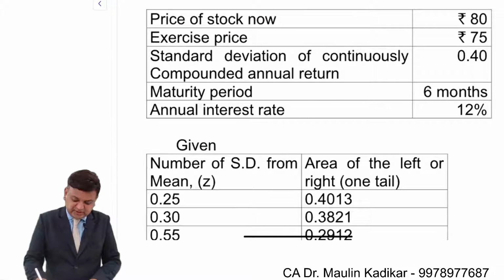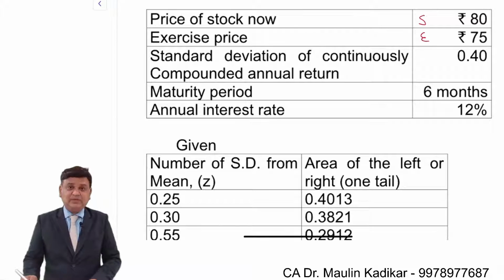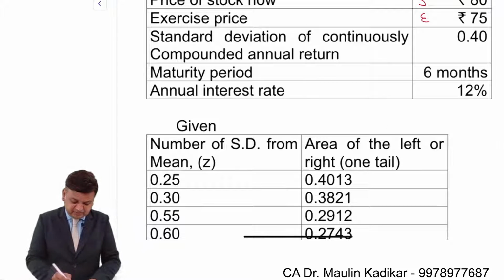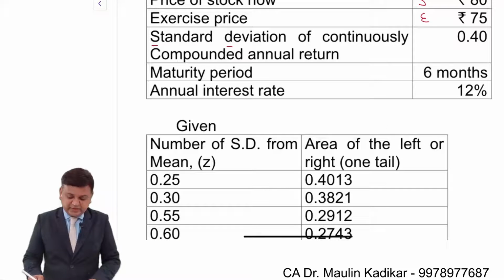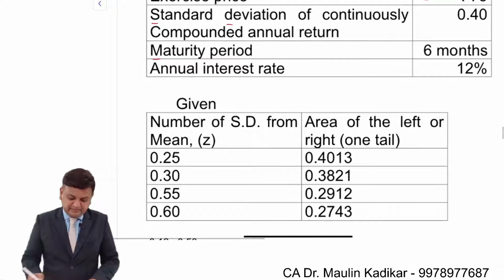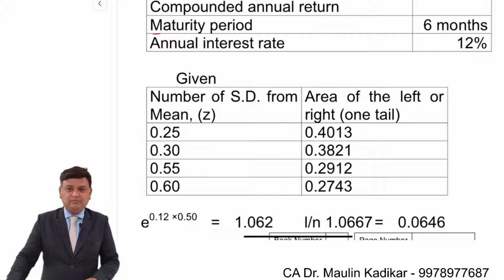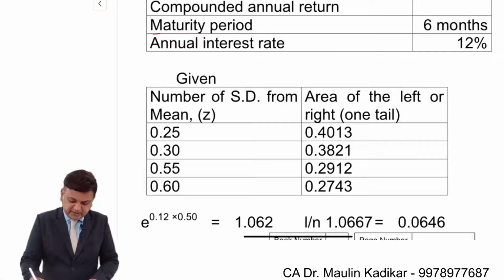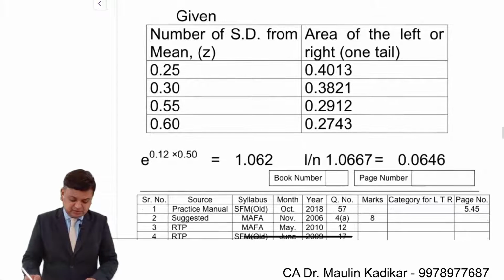The spot price of the security is 80. The exercise price of the option is 75. The standard deviation of the continuously compounded rate of return is 0.40. The maturity period is 6 months. The rate of interest is 12%. Given the standard deviation from mean,